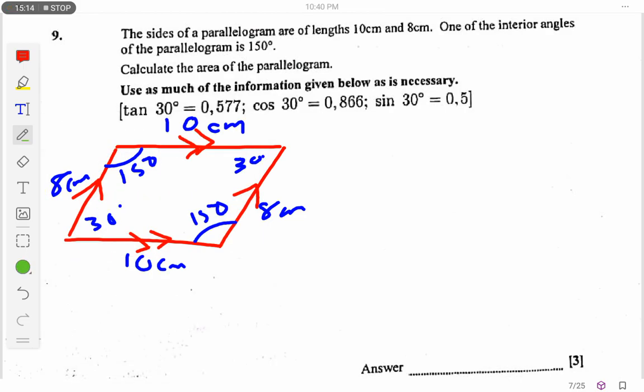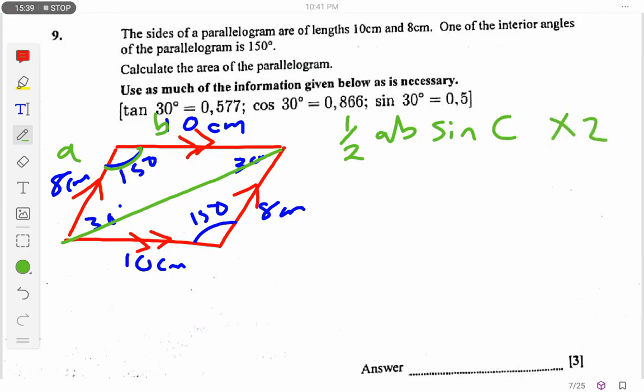I think it's easy for me to just divide this. I have a triangle, which I can say this is my A, this is my B, and this is my sine C there. So I can say area of a triangle is half AB sine C. Okay. So you find out for this one now, I'm going to multiply it by 2 since there are two triangles. So this and this cancel, and we find our area of our parallelogram is going to be AB sine C. So this is going to be 10 times 8 times sine